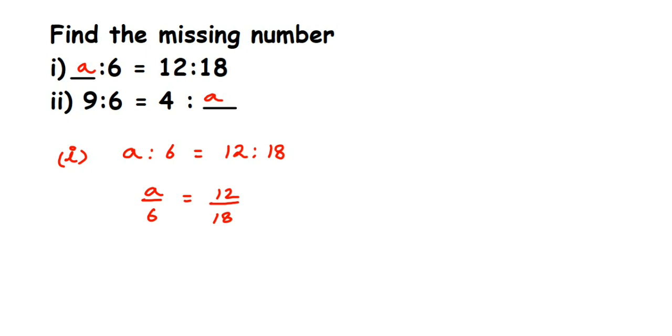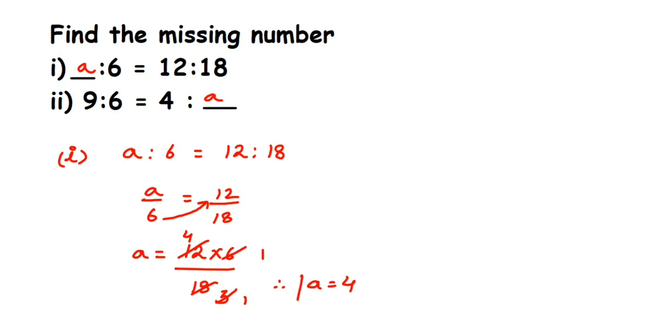Now here we have to find the value of a, so we're going to transpose 6 to the other side. 6 is in division, when you transpose it comes in multiplication. So 12 multiplied by 6 divided by 18. Cancel this in 6 table. 6 1s are 6, 6 3s are 18. We can cancel 3 and 2 and 3 table. 3 1s are 3, 3 4s are 12. So therefore we got a is equal to 4. Then the next question,